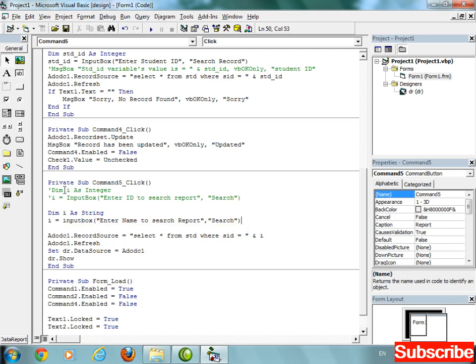Now you have to use this I, the name that the input box gives. Since the value is a string, you need a single quote or double quote.